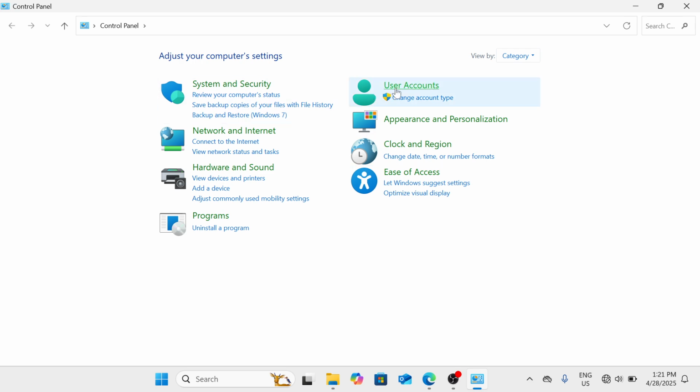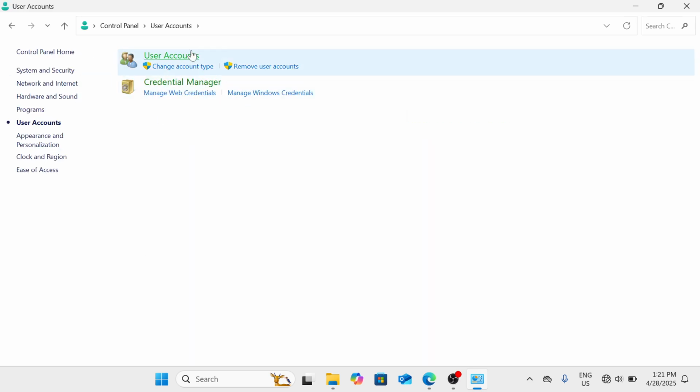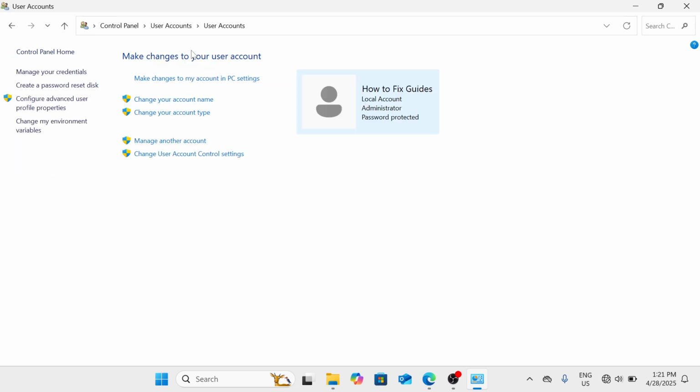So here, just click on User Accounts and then proceed with User Accounts again. And by the moment you do that, you will now be seeing this kind of window. Here, all you need to do is click on the changes that you want to make to your user account. So as you can see here, I have my user account and it is a local administrator